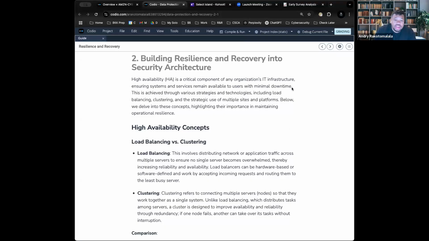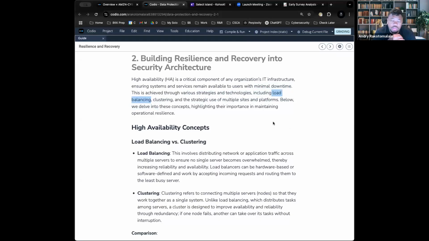So when it comes to high availability, there are certain things that you can do or certain strategies to minimize downtime. When we're trying to minimize downtime, that means including certain devices, including certain software to help minimize that. So what you could do is you could use a load balancer. As an example, a load balancer is a device that routes and evens out traffic based on incoming traffic.